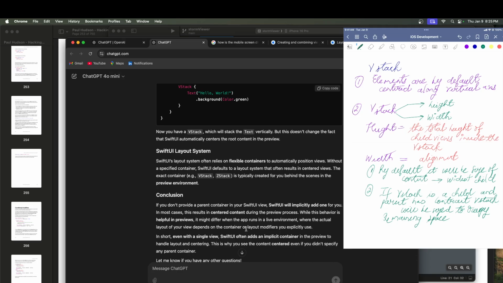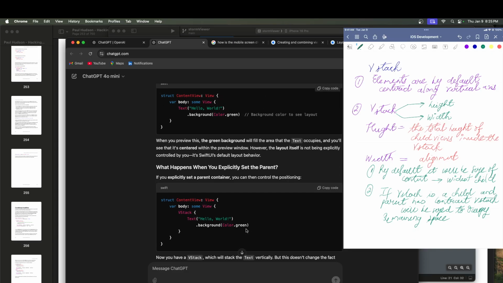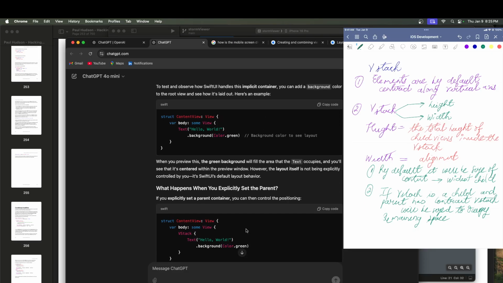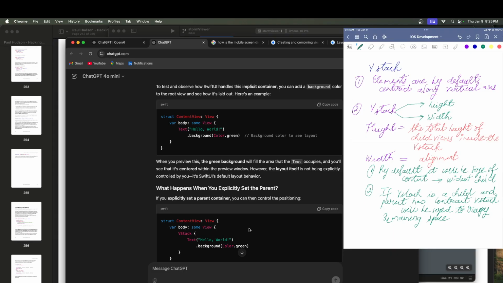Okay, with the actual layout. Okay, with a single view SwiftUI often adds a container. What happens when you explicitly set the parent? So then this is okay. So elements are by default centered. So then